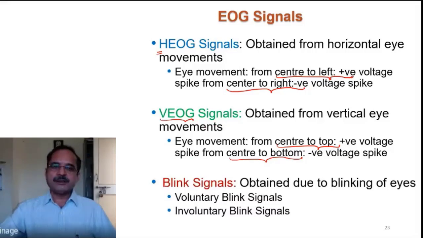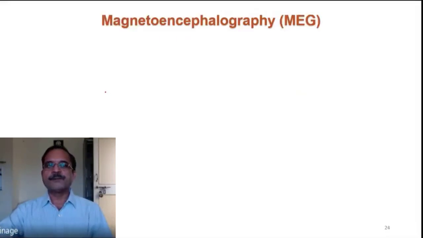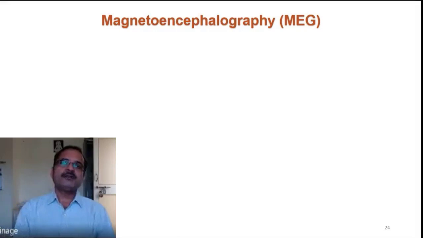One more signal is there when we are blinking the eyes. When we are blinking the eyes, again 2 types of signals are obtained. One corresponding to voluntary blink signals, and the other one for involuntary blink signals. So these are the different types of EOG signals we get at the output of the electrodes. So that was about the signals related to our eyes,